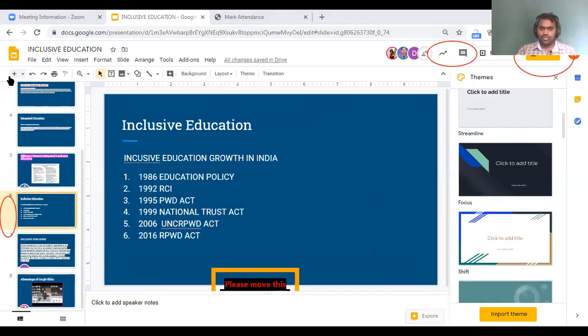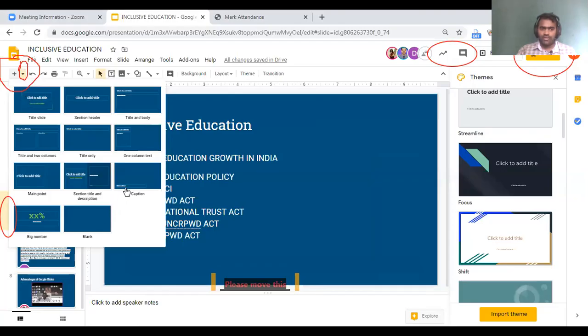That is there here also. Choose the theme first. Then you click on this drag item. You can see an arrow here. You click on that. When you add a new slide, you can choose different things like captions, title only, title and columns, etc.